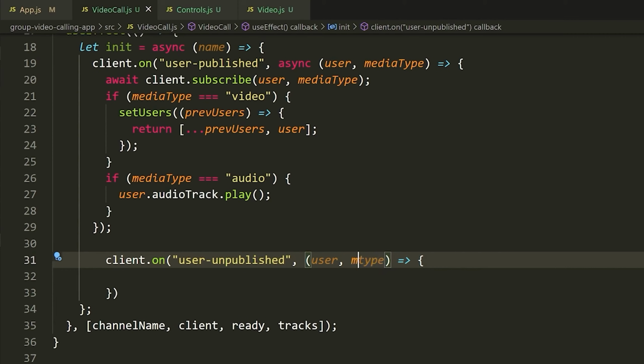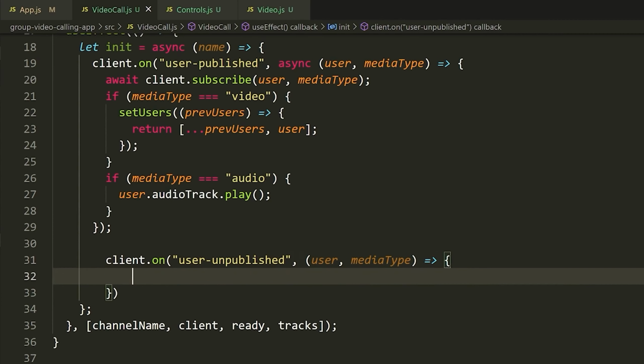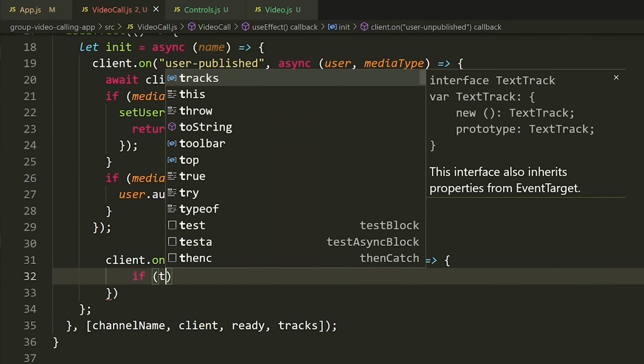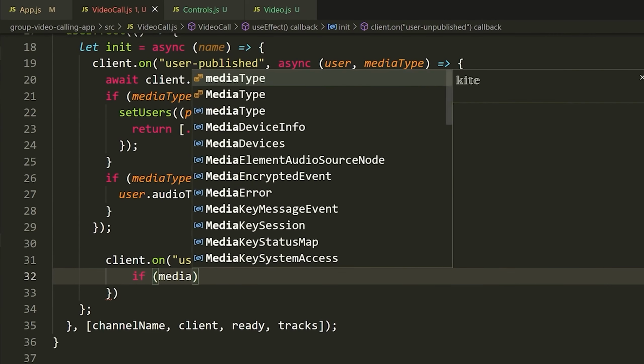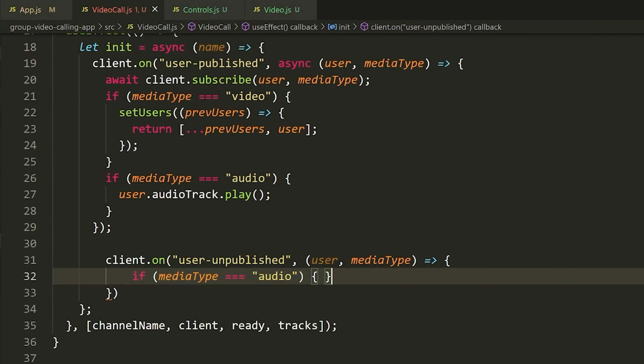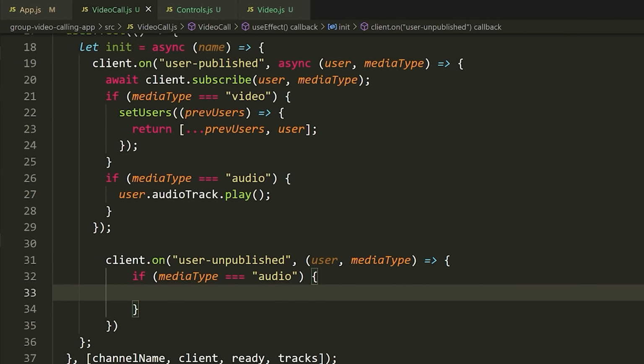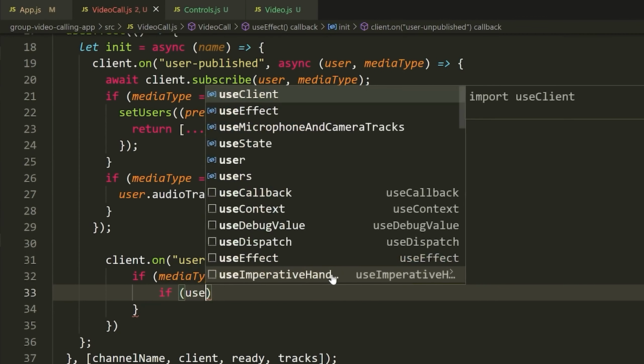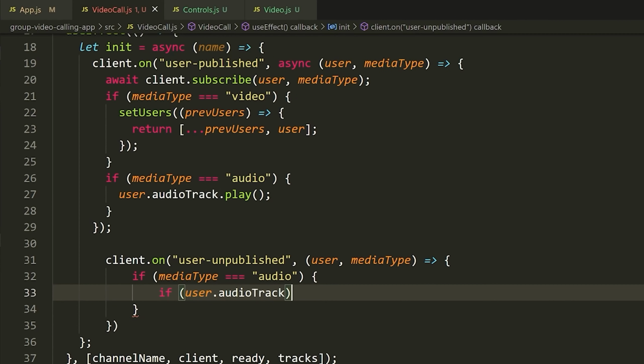So rather than doing type, just to keep it consistent, I'm going to say media type, and I will say if media type is equal to audio, we need 3 equal signs. So if the media type is equal to audio, then we want to stop playing the audio. So we're first going to just make sure that the audio is playing. We're going to say if the user.audioTrack, then what we will do here is say user.audioTrack